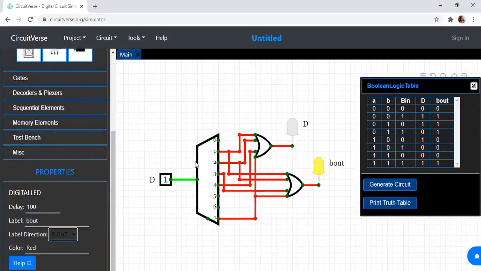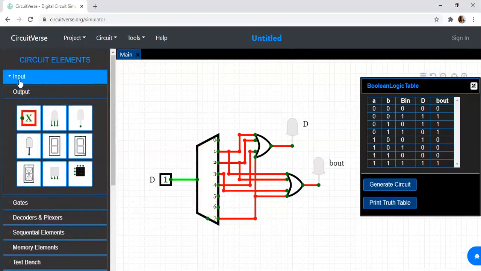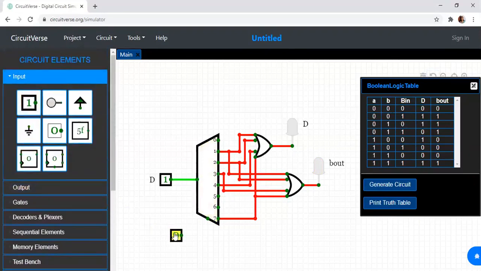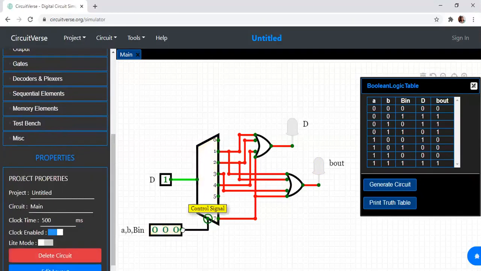Now what about the control signals? We have to define the control signals. Now 3 control signals I'll be having, A, B, and borrow input. So let me give a control signal, which is an input over here. And this clearly means, according to the truth table, it is A, B and borrow input. Give the control signals. Now this is how we are going to implement a full subtractor using 1:8 demux.